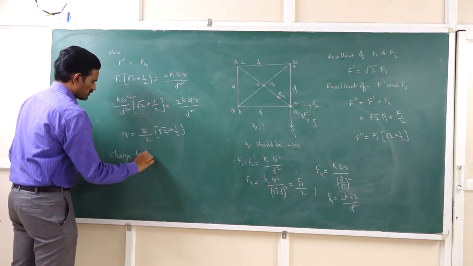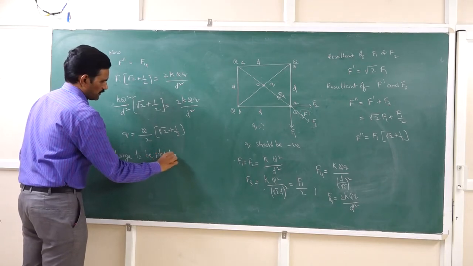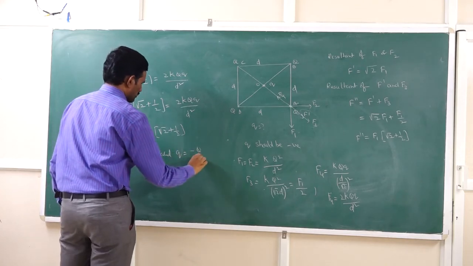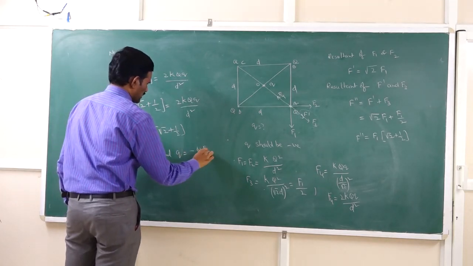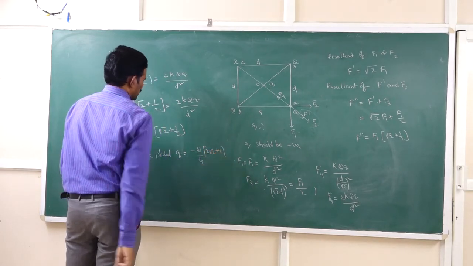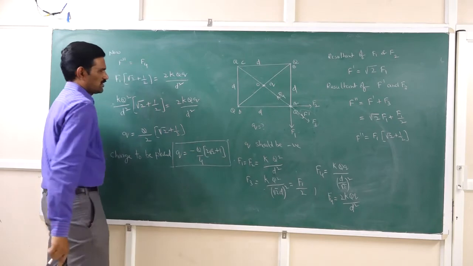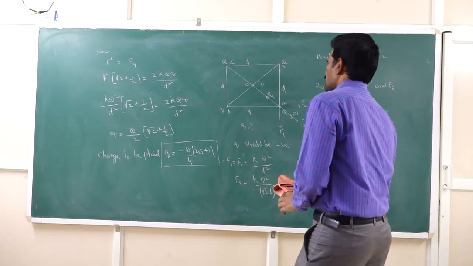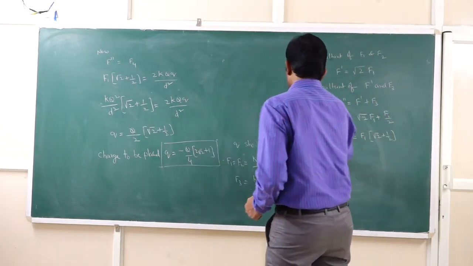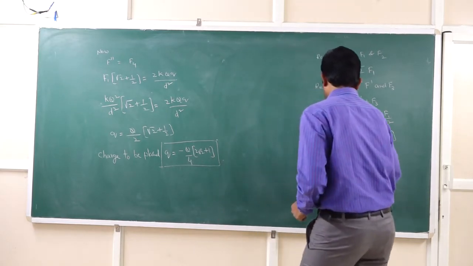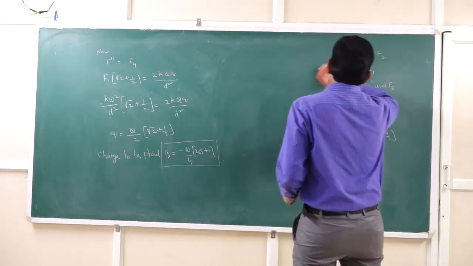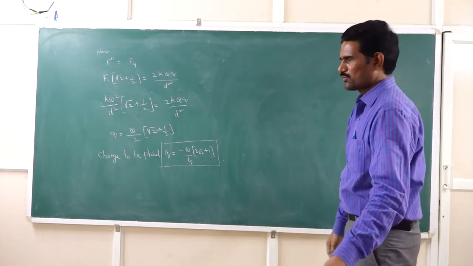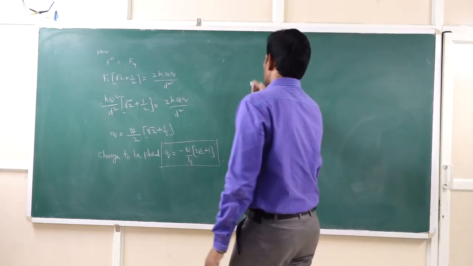So the charge to be placed with q is equal to minus, you can take LCM, minus q by 4 into 2 root 2 plus 1. So this will be the charge to be placed at the center of the sphere, so that the entire system is in equilibrium. So equilibrium problems we need to solve like this. We should find the equilibrium of that charge by finding the net force due to all the remaining charges and the force due to this newly placed unknown charge. That force we should balance, then you will get that unknown charge.